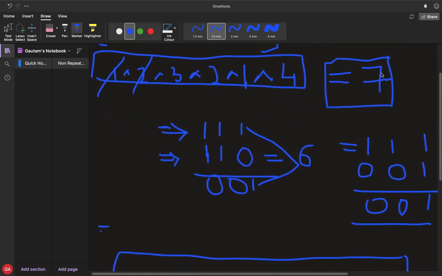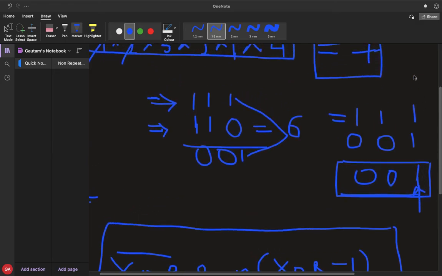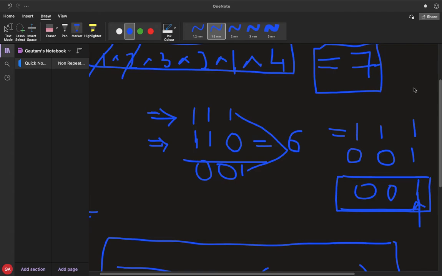Okay, so let's suppose there is 7. This expression will fetch us the binary representation of a number that has only one set bit. In the resultant value there is only one set bit, and the position of this set bit will be equal to the last position of the set bit in the binary representation of that number. So the position of the last set bit from the left-hand side, or you could say the first position of the set bit from the right-hand side. So this is the rightmost set bit, and we'll get this.